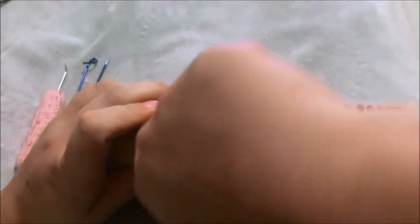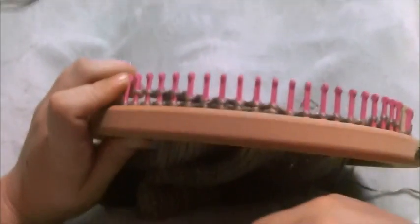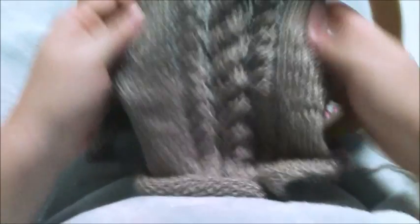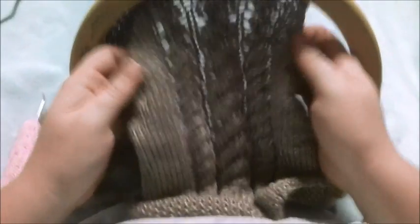You're going to need to start your cast on from left to right so that your first row is right to left, because your sixth row is your cable cross and you want that to be on an even row. And it's the same thing for when you are decreasing for the front: you want to start from the left and go to the right and continue that